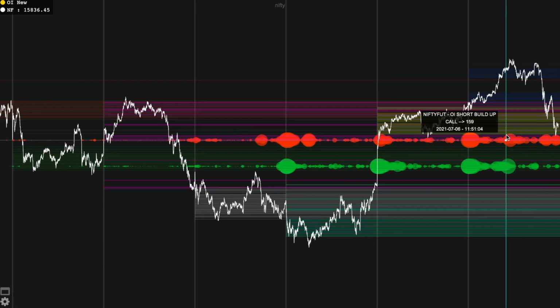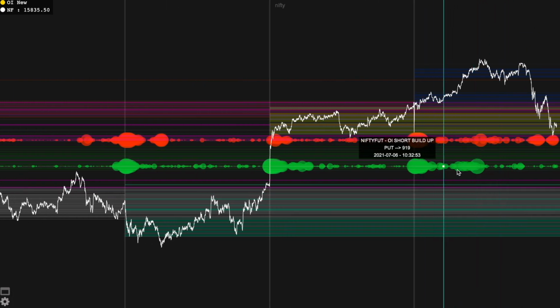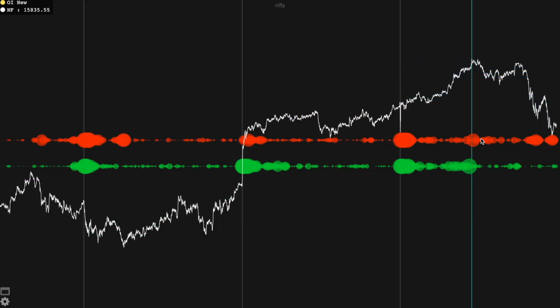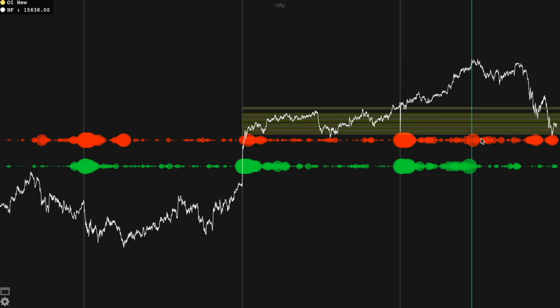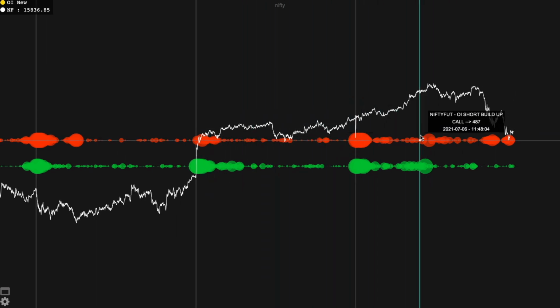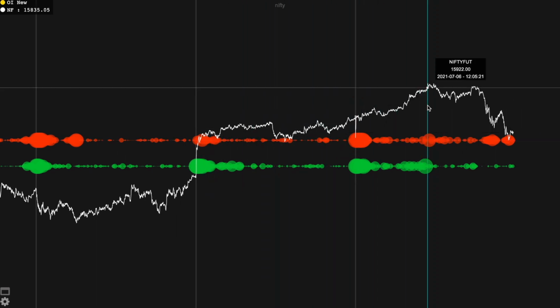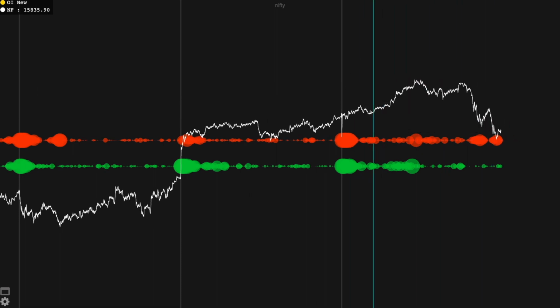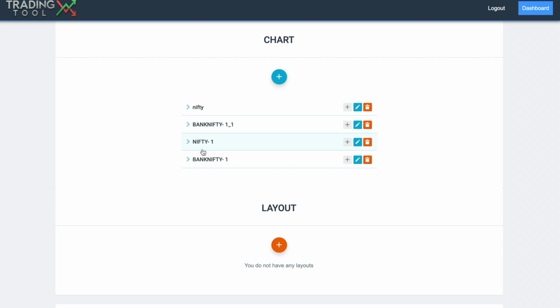Here you can see the call option OI buildup and the put option OI buildup has been added for the Nifty. And if the zone is looking clumsy, you can disable it by pressing the Z and just enable today, yesterday or day before yesterday like this. And if you notice the call option, when the market was on the top, there was around 3000 lots of call option written and the market fell down. So this is how we can do OI analysis.